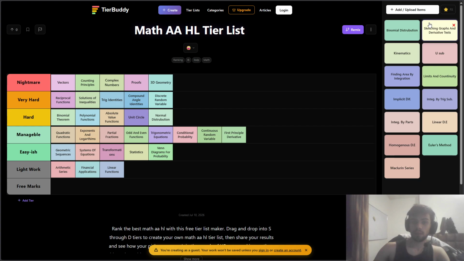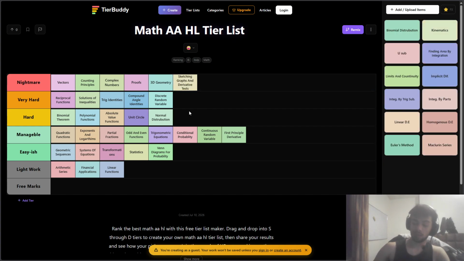Sketching graphs and derivatives test, absolute nightmare, absolute garbage. When I say sketching graphs, I mean sketching absolute value functions, quadratics, reciprocal absolute value functions and inequalities. Optimization, the first derivative test, points of inflection, and stationary inflection. Absolute garbage, all of it nightmare, all of it tears, all of it banging my head against that wall over there. No, please, I don't want to remember this.